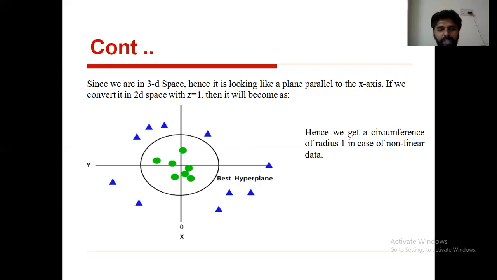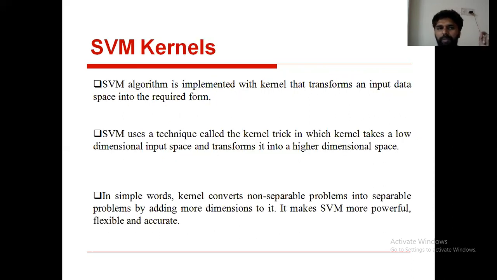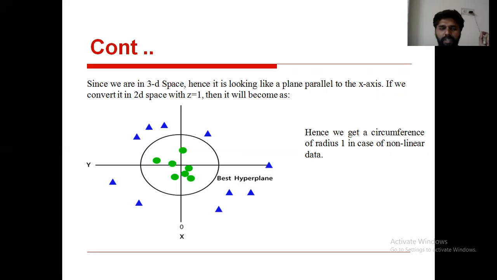Now, this is what I explained in my previous video also. At that time, I drew a diagram to explain this. Right? In this case also, we are constructing two boundaries. One is the positive decision boundary, another one is the negative decision boundary, and also we were constructing the maximum margin line, the maximum margin hyperplane. Right?